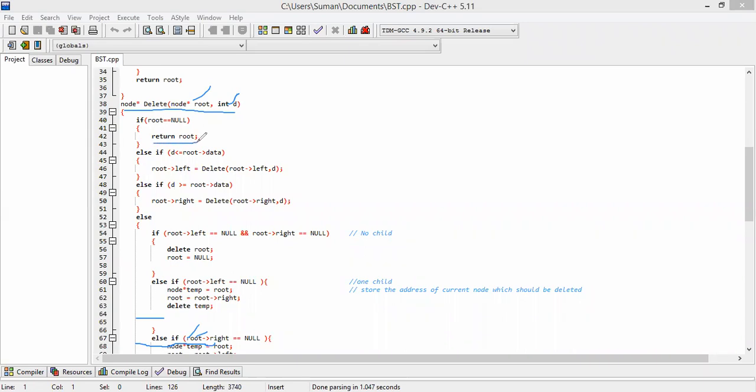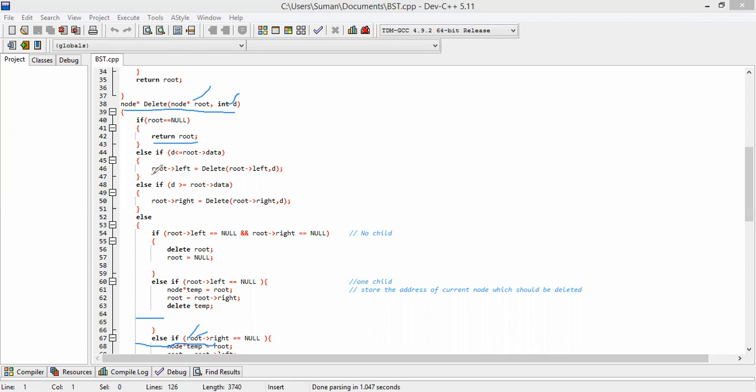But else if the data that is to be deleted is less than or equal to root data, that means the data we want to delete is present in the left subtree.